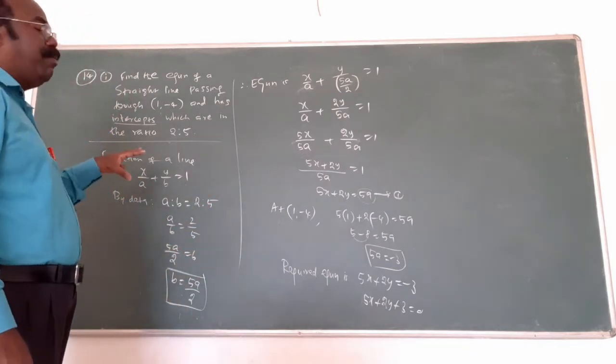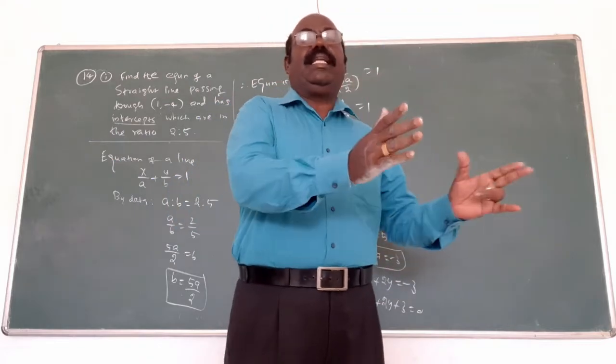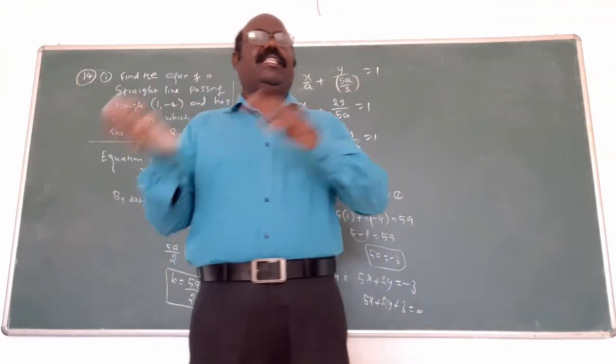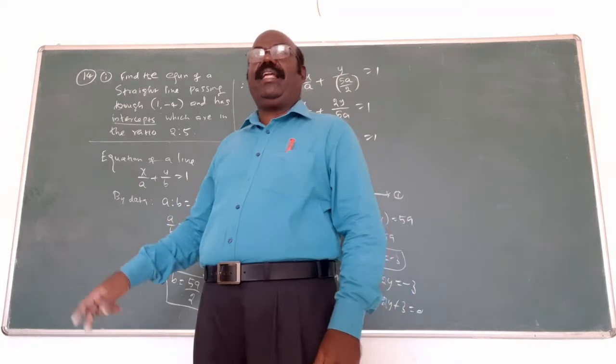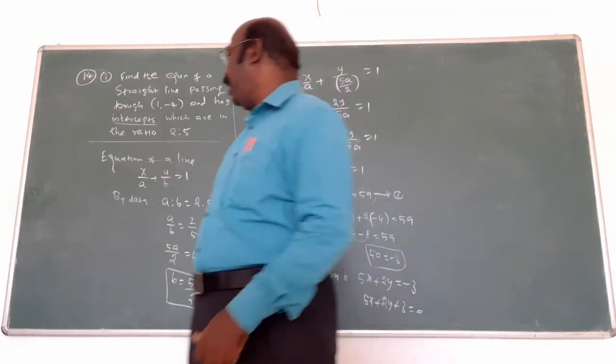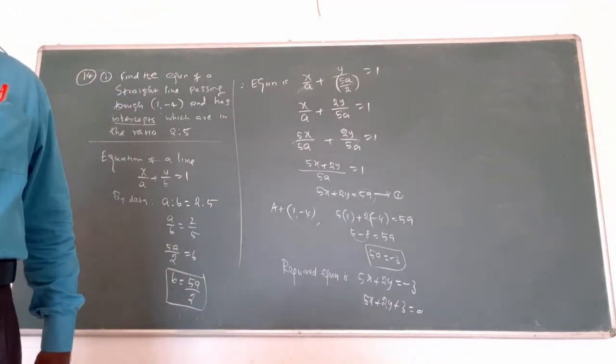This type of question is important for 5 marks. In the previous question, intercepts were given and the equation was asked. Here, the equation is given and the intercepts are asked. There are two types of questions. But here, when you use two data, you find the equation. That's why it is a 5 mark question. The first reason, one more question with the same method.